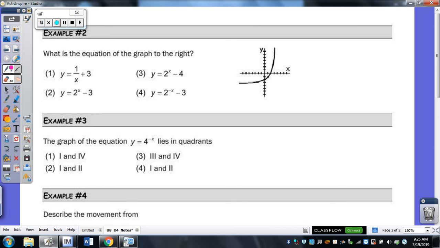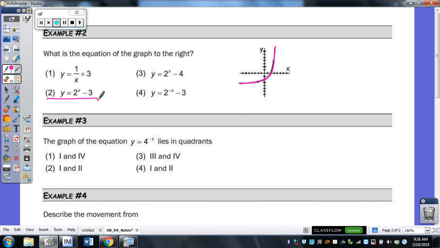So what is the equation of the graph to the right? So we have to figure this out. First off, is this graph increasing or decreasing as we go left to right? Increasing. So that means it could be choice 2, where my b value is a 2 and it's not a